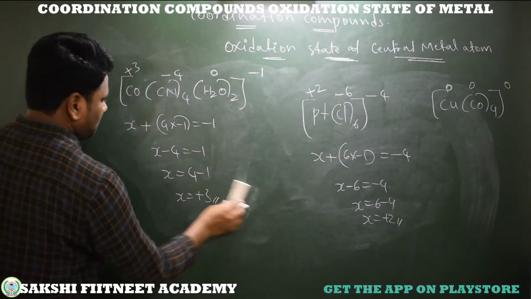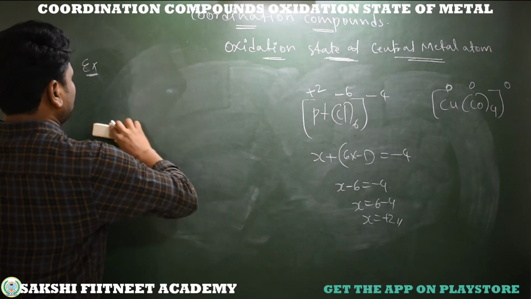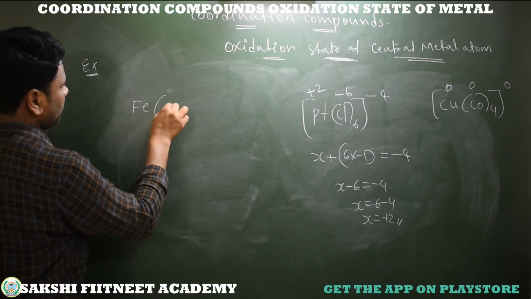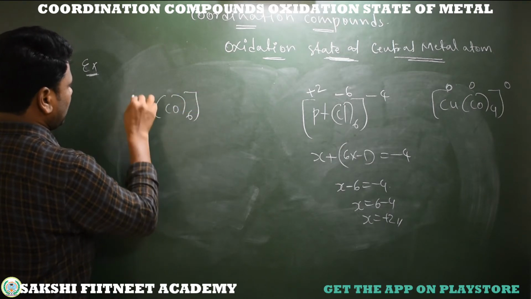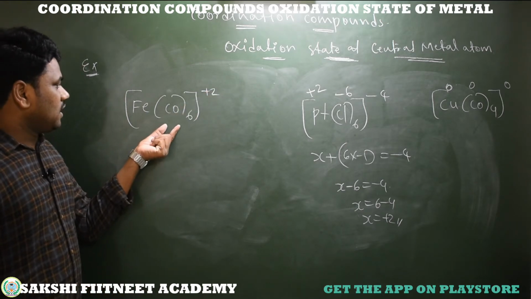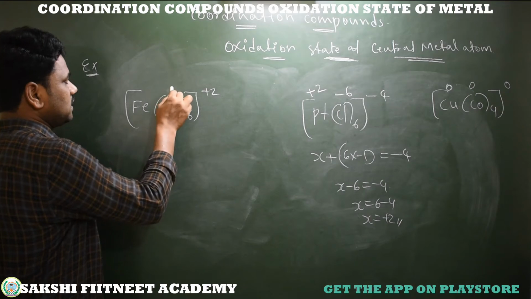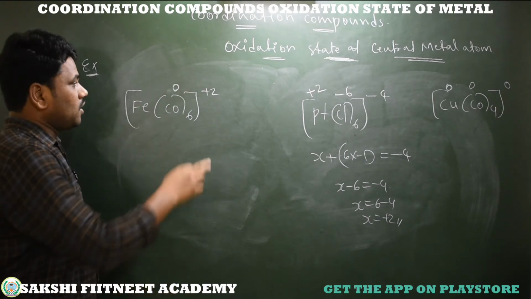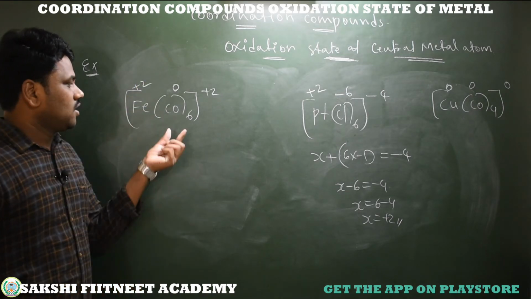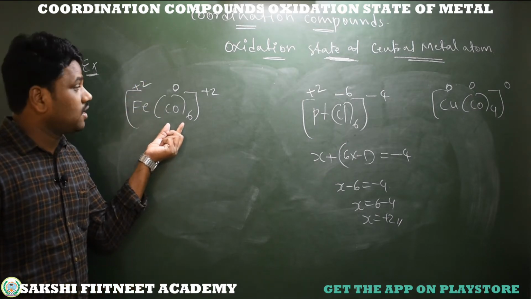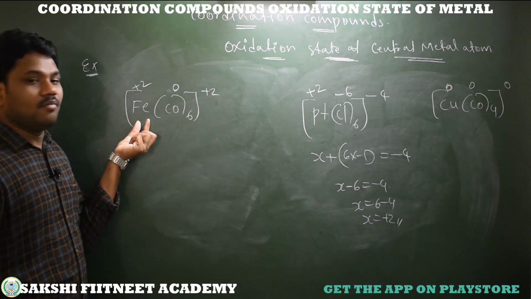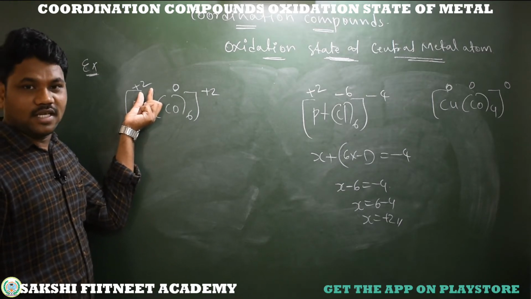Now I am taking the same kind of compound with carbonyl ligands, here that is ferrous which has 6 carbonyl ligands, the total charge is plus 2. Each carbonyl ligand gives 0 oxidation state, so total ligand charge is 0, but overall charge is plus 2. Obviously it's plus 2 from the metal because ligands give 0 oxidation state, but we are getting overall charge plus 2, so the plus 2 is obviously from the metal. So metal shows plus 2 oxidation state.